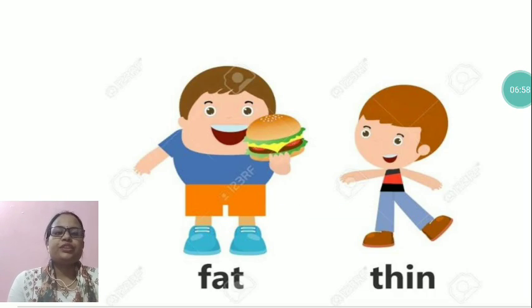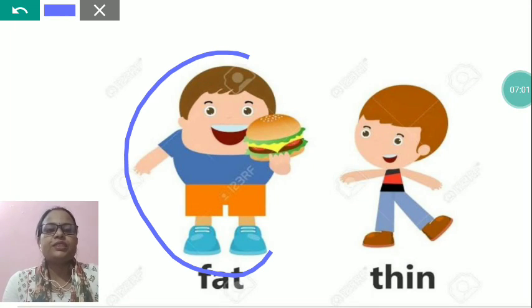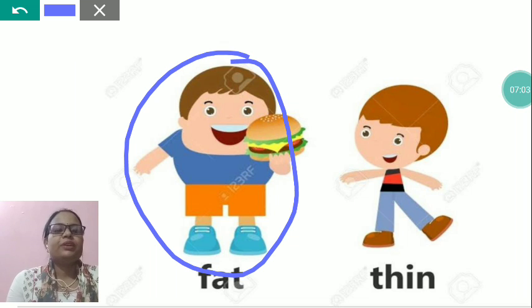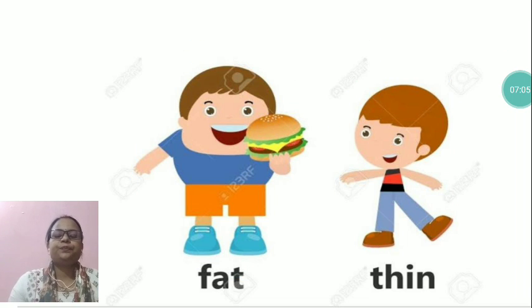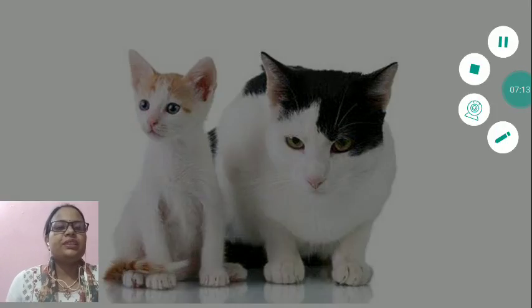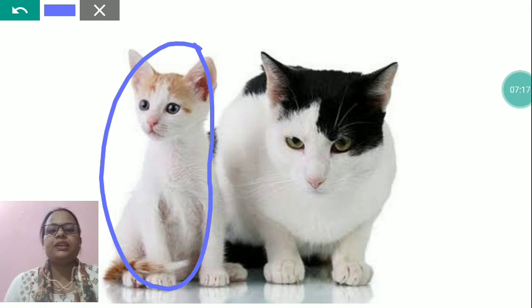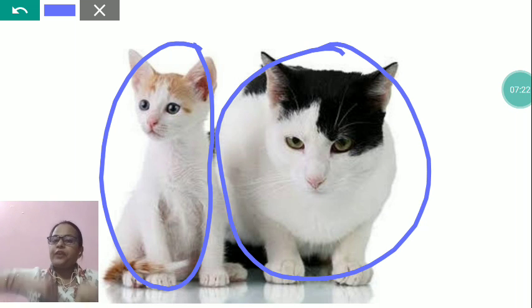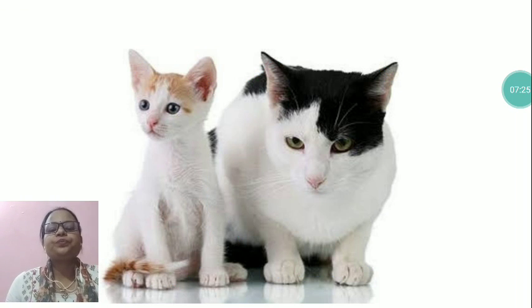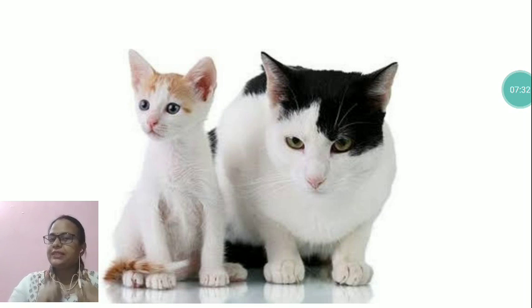Now in this picture you can see this boy is fat, but this boy is thin. Fat, thin, fat, thin. Now in this picture you can see there are two cats. This is thin, you will have to see the size, but this cat is fat. So like this, whenever you get any object, or anything, you will have to see the size.